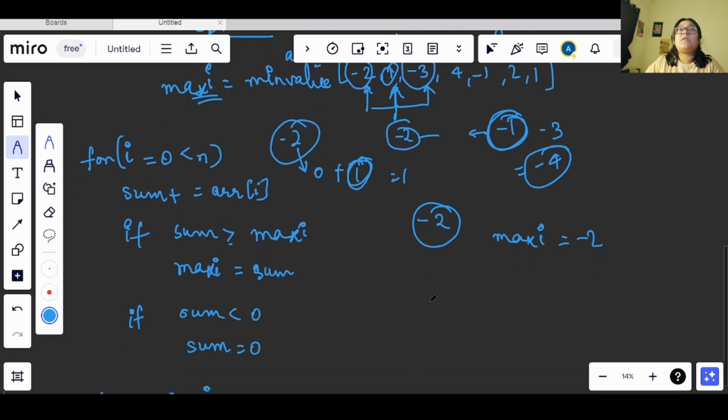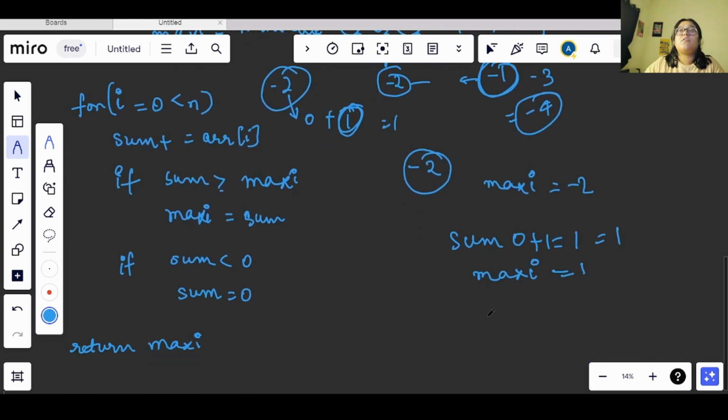So now my sum is 0, and when we come to the first index, it will get added with 1 and we will get 1 here, right? So now we will again compare maxi and sum, so we will get 1 here. After this we will have -3, so we will add 1 and -3, and the sum will become -2.